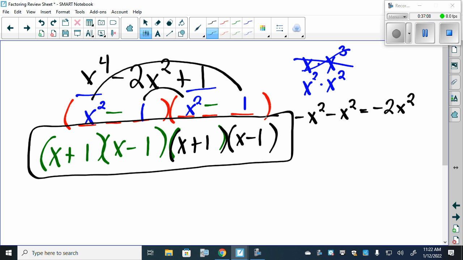Any other questions on any of the other problems on the review sheet? Well, if there are no other questions on any of this here, we'll be done for